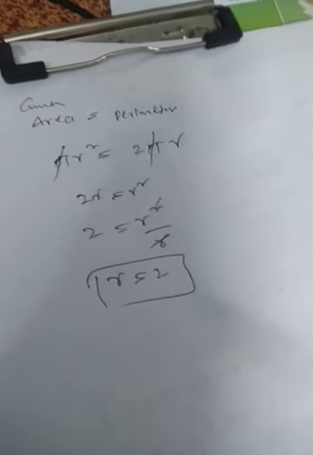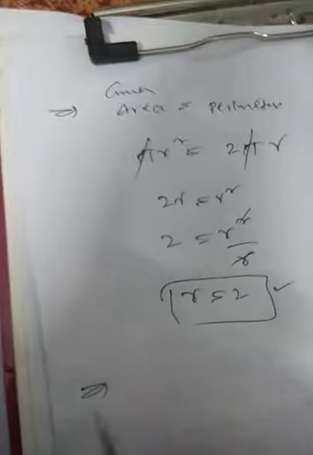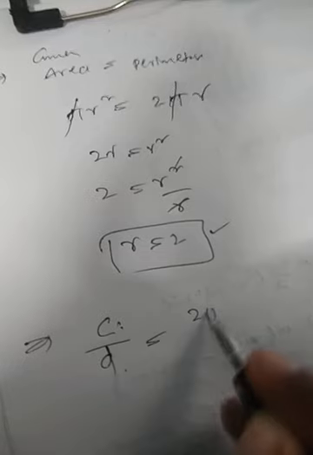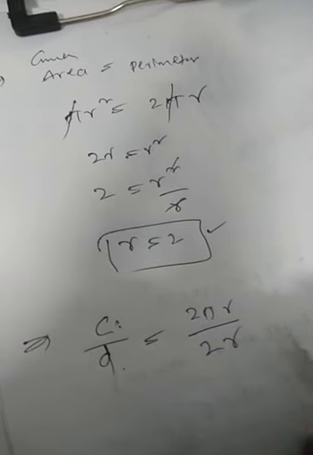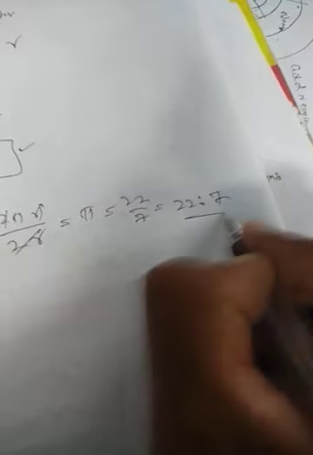So when the area and perimeter of the circle are equal, the radius will be 2. Sometimes they will ask one more question: find the ratio of circumference to the diameter of the circle. Circumference is 2 pi r, and the diameter is 2 times r. So that will become 2r by 2r, and 2 and r will be cancelled. Pi by 1 is pi, that is 22 by 7. So you will get that as 22:7. I just framed this question, this is how we find the ratio of circumference to the diameter.